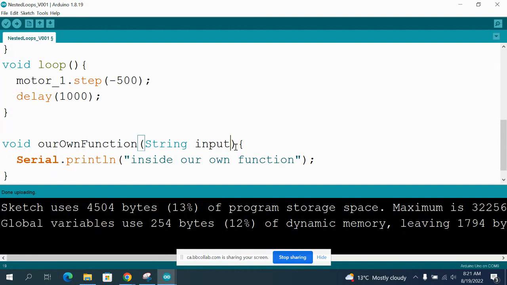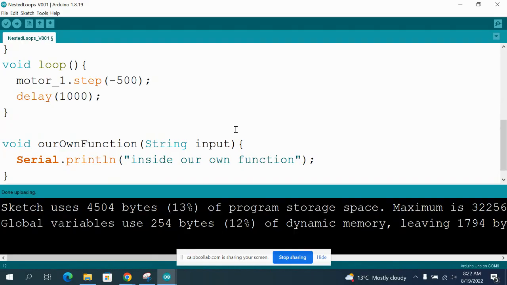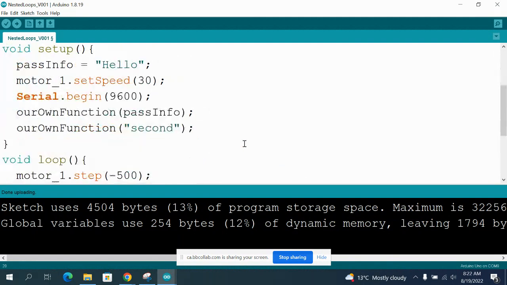And the reason why I call it input, guys, you can call it whatever you like. But I like to call it input so that you understand what the function of this thing is. That acts as the input to this function. Okay, so now this one will actually not work if I don't pass anything to it as well. Let's say second. Okay, now what I'm going to do is I'm going to say inside function, I'm going to say plus input. Okay, so what happens over here?